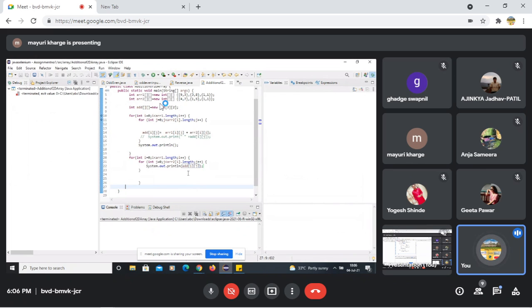Remove ln from line number 22. And after this, write this one, println statement. Simple, write the println statement, so we can change the line. After this inner for loop, line number 25.